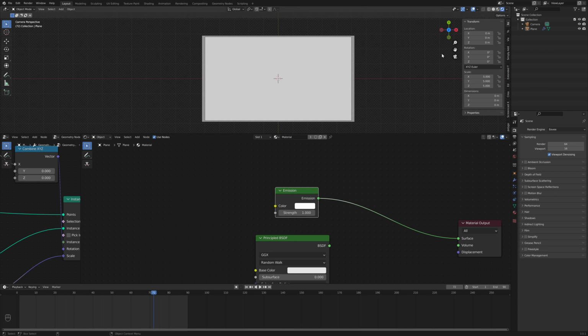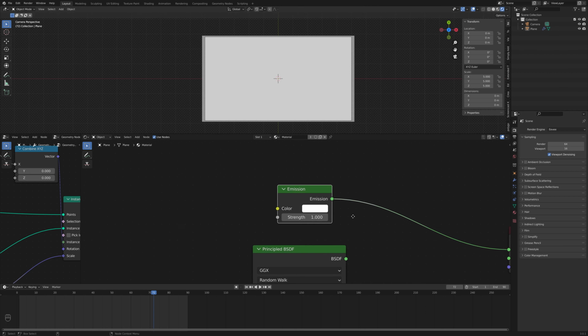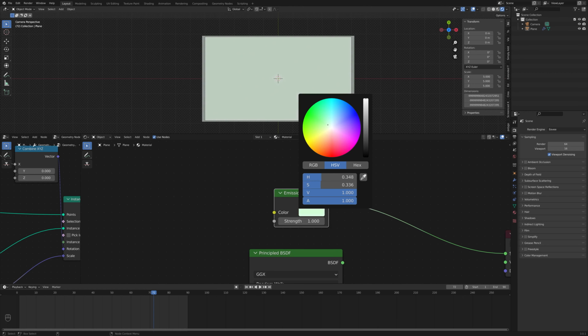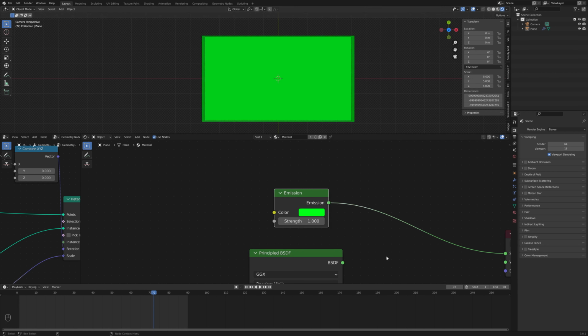Of course, if you want a different background color, you could also change the world color, but I want it to be transparent. So I could leave it as a white color like this, but just to make it kind of classic and easier on myself, I'm going to switch to green. So now if we play this back,